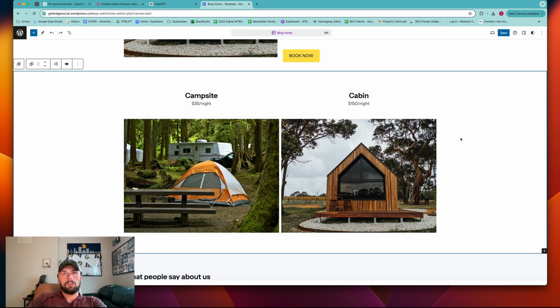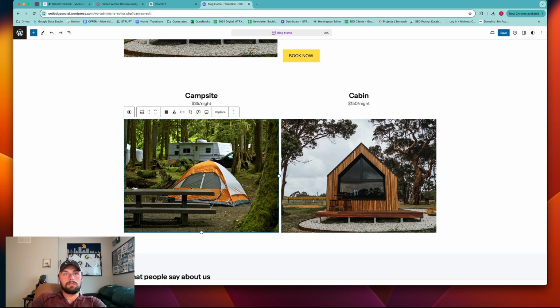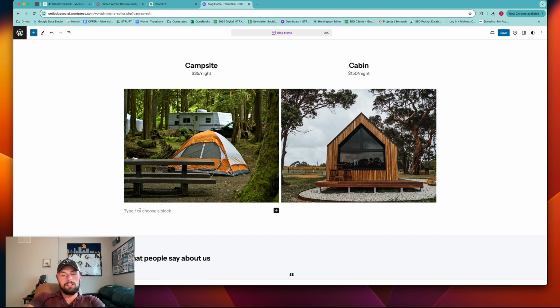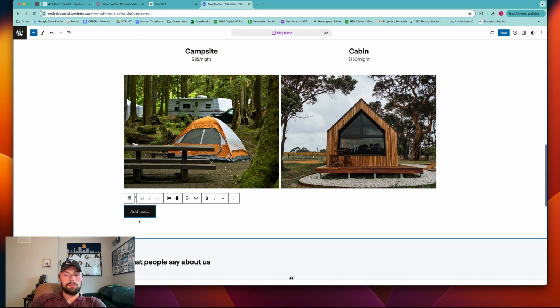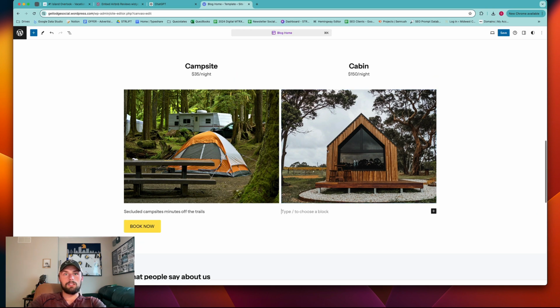Okay, sweet. So the only other thing I want to do here is add a little extra context to each option. So I'm going to say secluded campgrounds, campsites, minutes off the trails, and then I'll want to hit enter, slash button. I'm going to do book now. This is an important step, so I'm going to do it again. Enter, add a little extra context. So we'll say